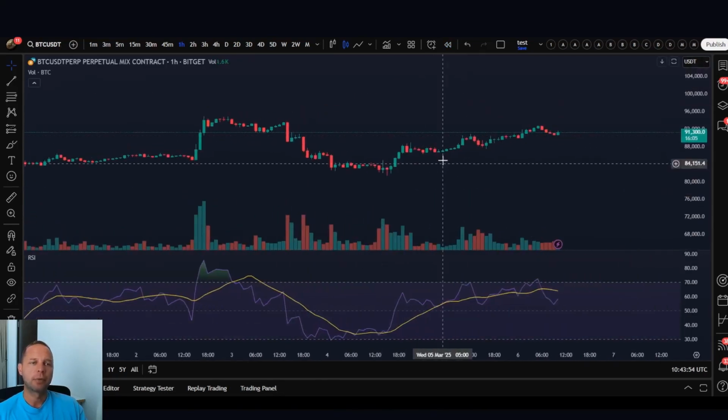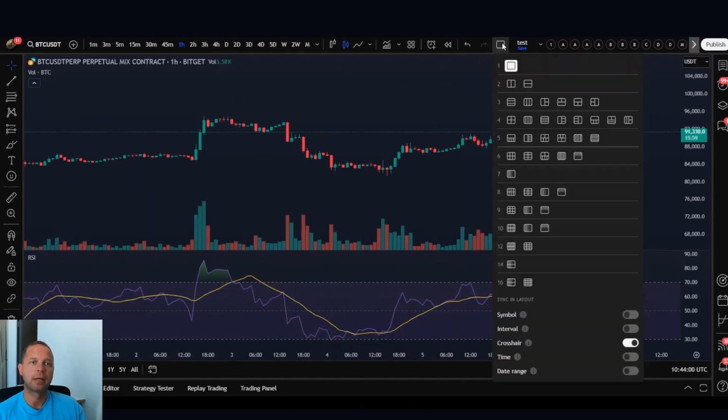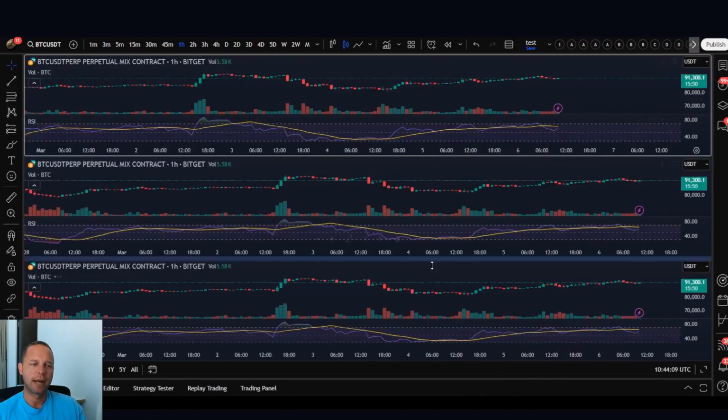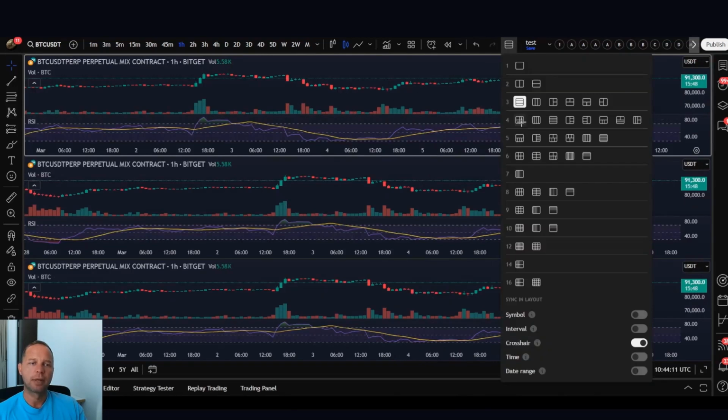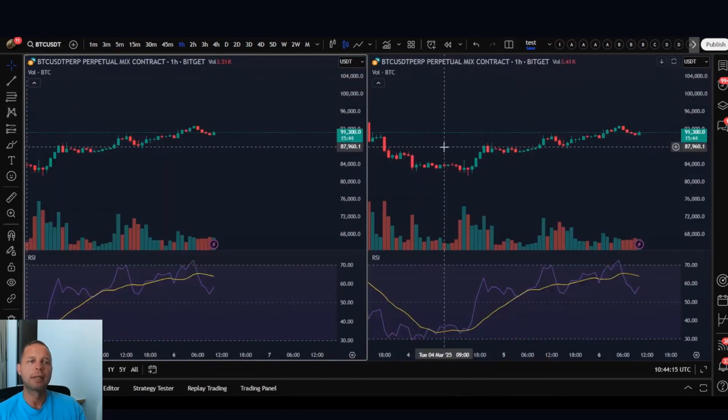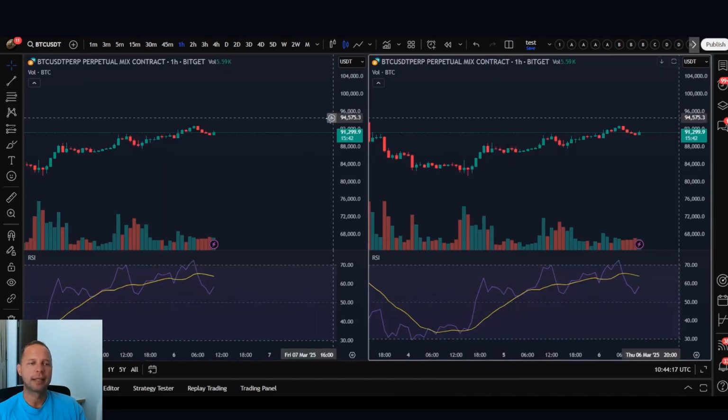Now comes the next part, which is very interesting. Here you have the option to use not just one window, depending on your plan. Of course, that depends. You can click on Layout Setup and say, hey, I want to have Bitcoin in here twice, 4 times. Let's just click on that. I want to have it in here 3 times. Now I have it stacked. But I want it 4 times so that I have 4 different windows. I'll show it briefly with 2 times now. The good thing is you can then edit each window individually. That means I can here